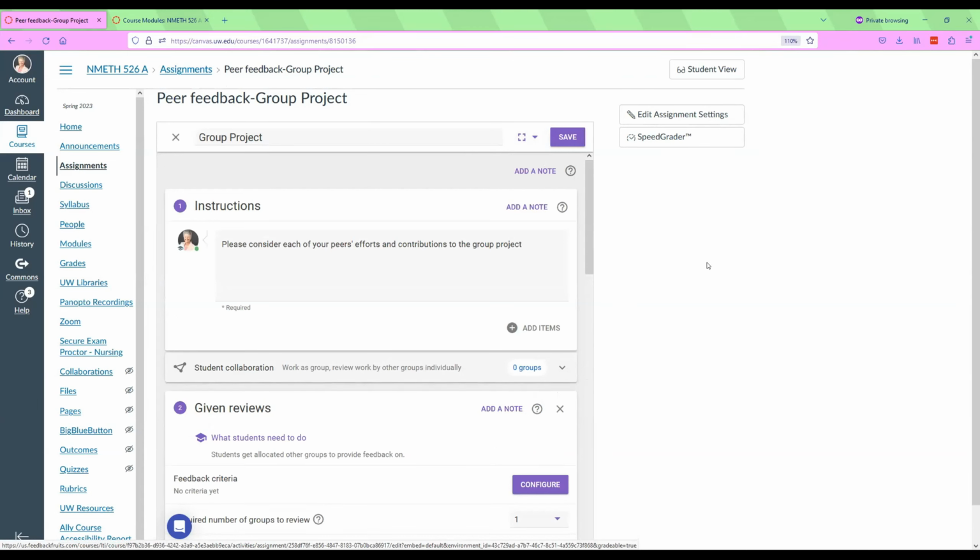To clarify, Donna, the difference between a peer review and a group member evaluation is, as Randy mentioned, a group member evaluation allows group members to evaluate the performance. So how well did they collaborate, for example? And peer review